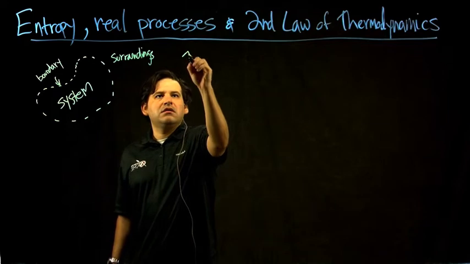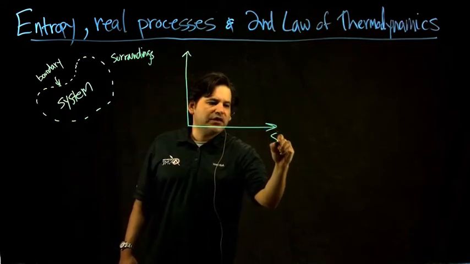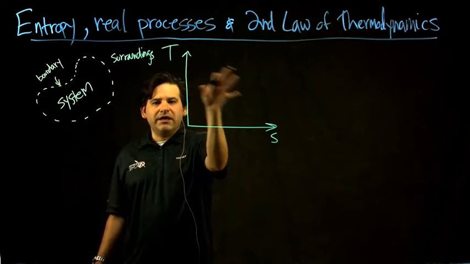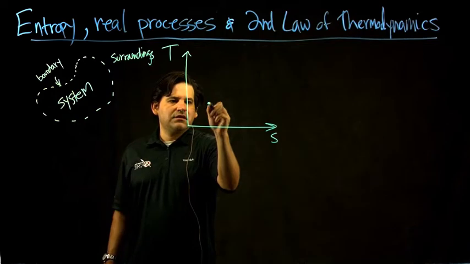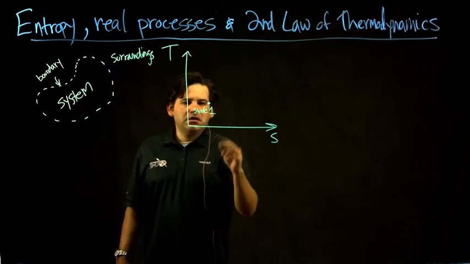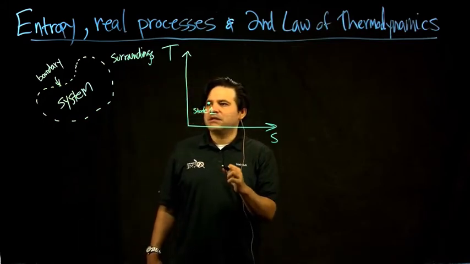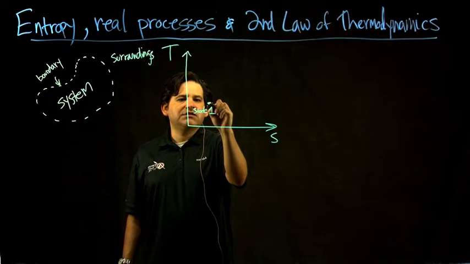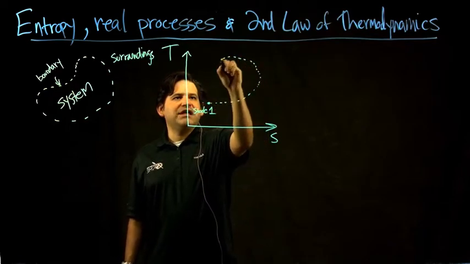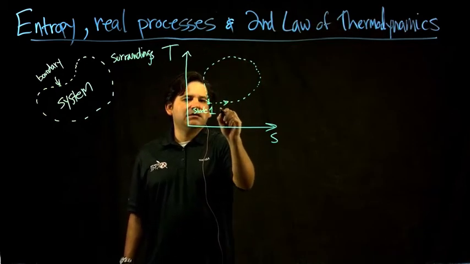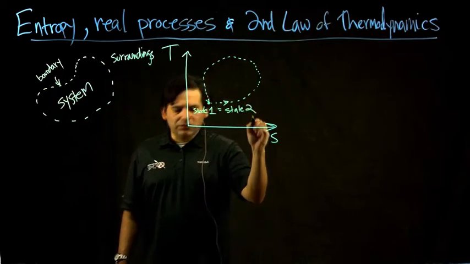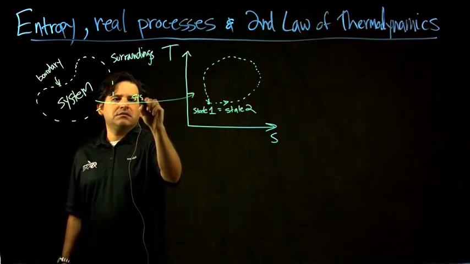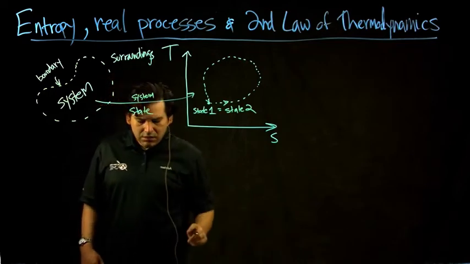So if we were to draw the state of the system in terms of entropy and temperature, so this is the temperature of your system, the entropy of the system. If we were to start off at a certain state 1, this applies to a process, and one example to think about how important this is, is that even if you were to design a process where you were to go across many different states, but then come back to your same initial state, such that state 1 equals state 2. So this is the system state. Even in that case,